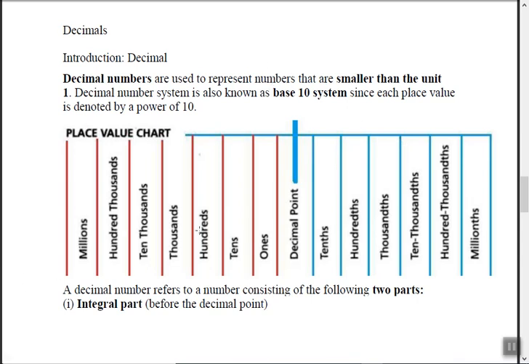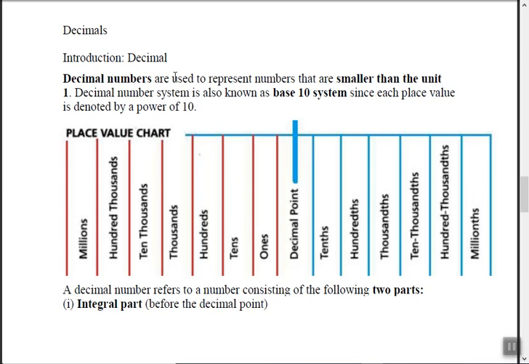So how to do it? See here, these are the places. Whenever you see any number, generally we see these red lines only: ones, tens, hundreds, thousands, on this side. But the blue lines after the point, this is the decimal point. And after this decimal point, it doesn't start with ones. It directly starts with tenths. So after the point, the first place is tenths. Before the point, the first place is ones. That's the main difference you will always have to remember.